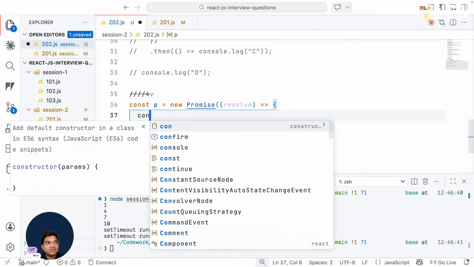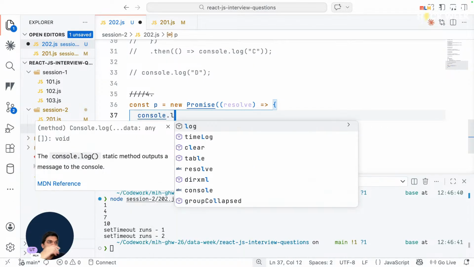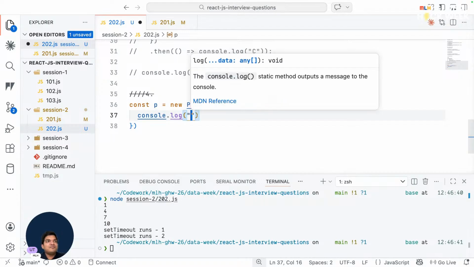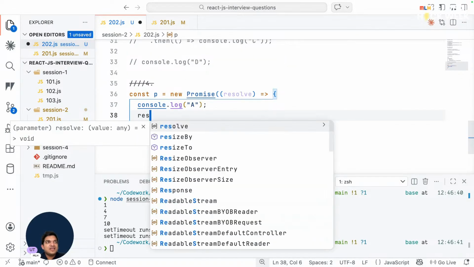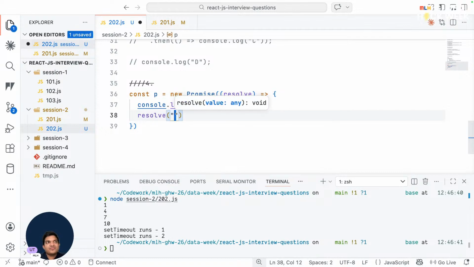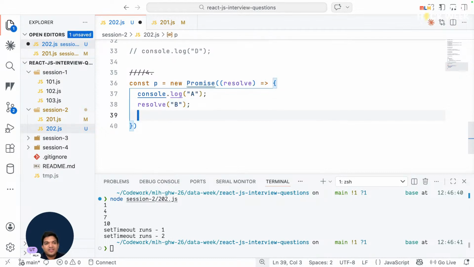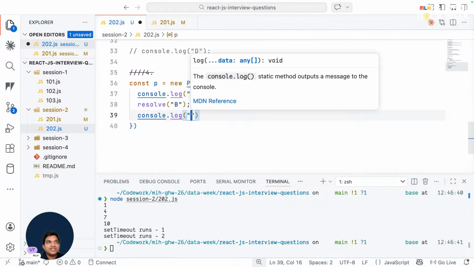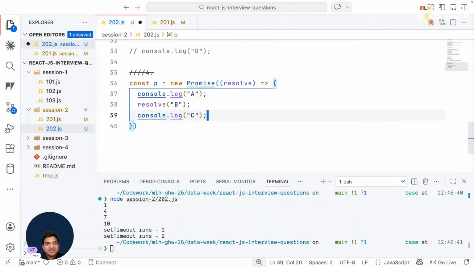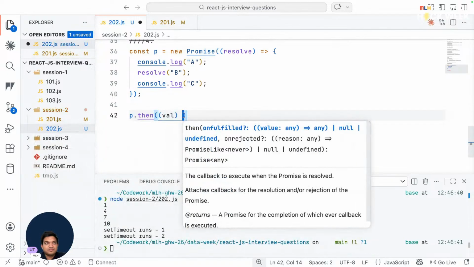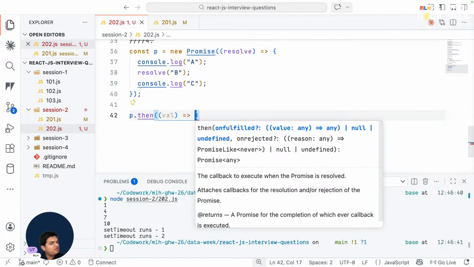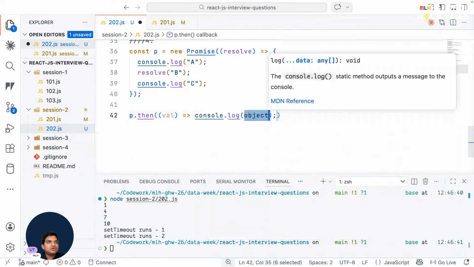What gets printed? Even though it sounds trivial, I would say it's very important, because replace console.log with anything else and you have a mental model of what's going to happen in which order. And that's how you avoid bugs. If you know what is going to run at what time, then you know 100% what not to write. p.then(value), I can do console.log of